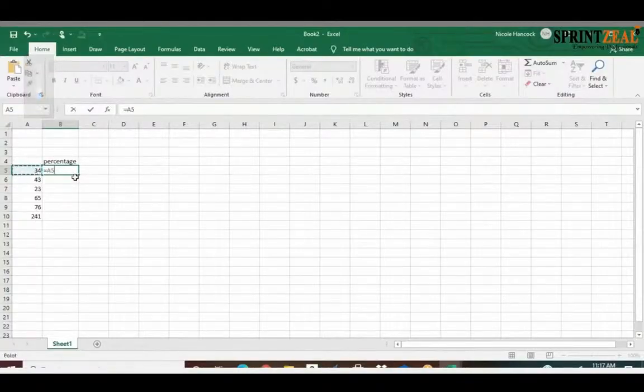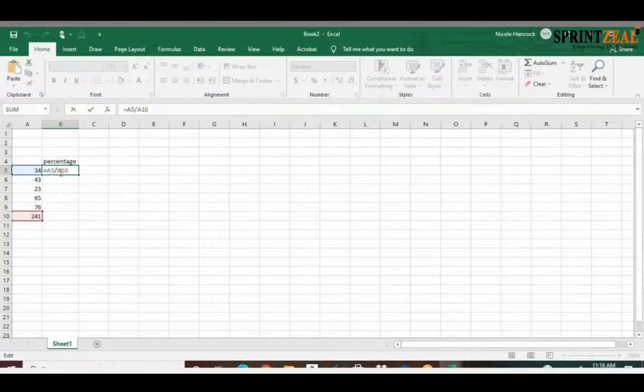Yeah, hit the divide sign, right? Yeah, and then click A9 or A10. Oh no, I would do 21. The total. Oh yeah, and then hit enter. Okay. And then to change it, do it as a dollar sign, right? No, to change it to percentage, you're going to click